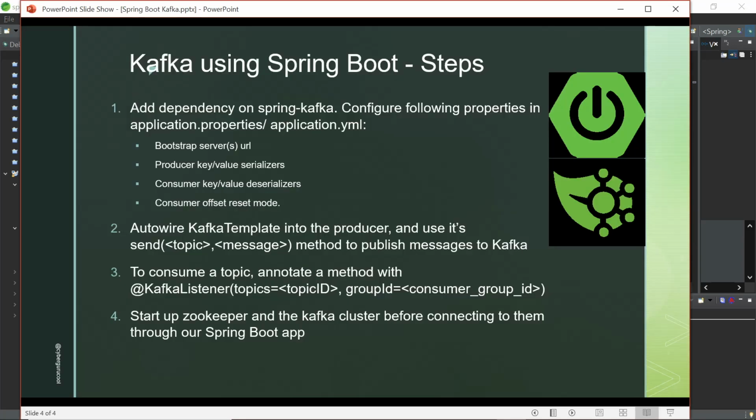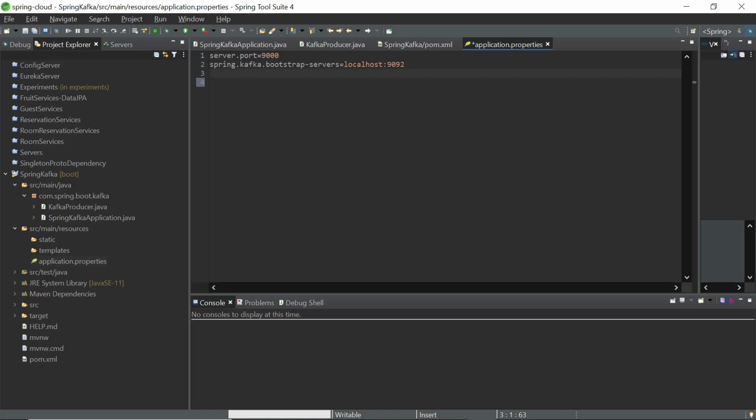All right. So apart from bootstrap servers, of course, we need to specify some way in which the producer and the consumer will be able to interact with Kafka. So when we are publishing the messages to Kafka, Kafka in turn will deal only with byte streams, right? So it will get some data which will be converted into a byte stream.